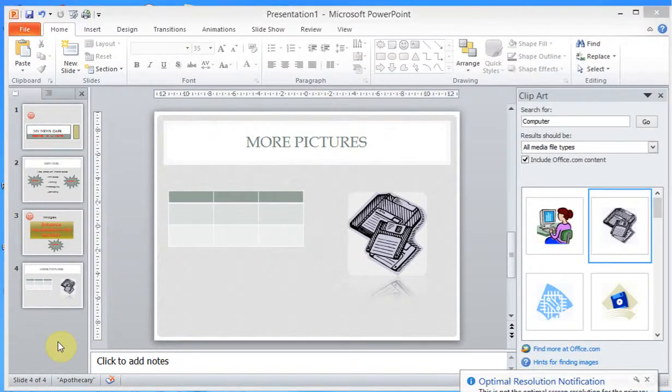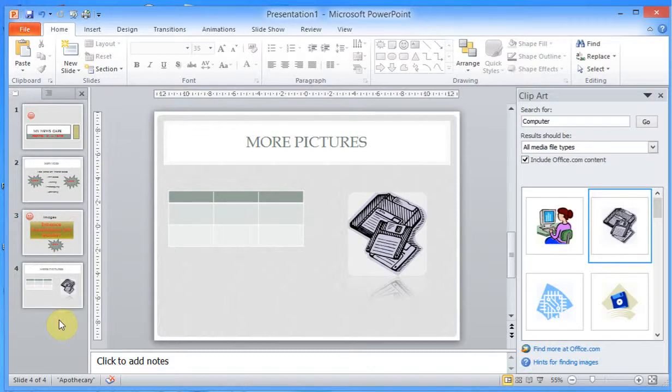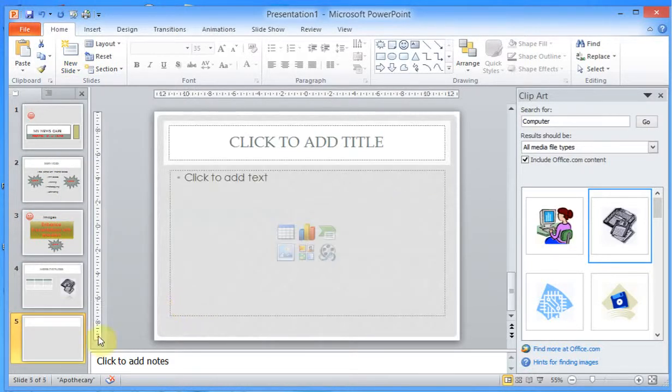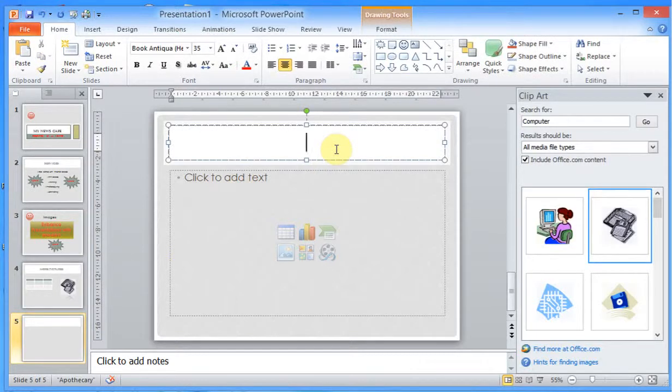The next lesson is going to introduce us to the basics of working with graphs and charts in Microsoft PowerPoint. I'm going to insert a slide that will allow me to embed a graph inside my presentation. Now, in this example, I'm going to try and show our sales figures in our little internet cafe based on